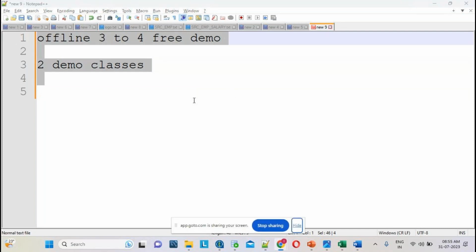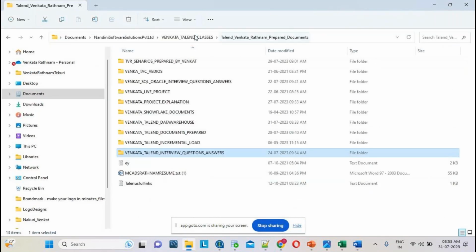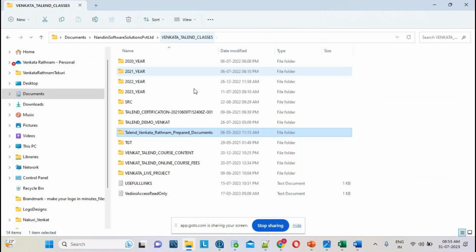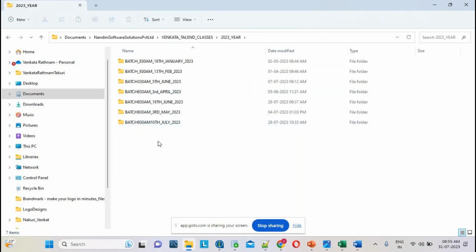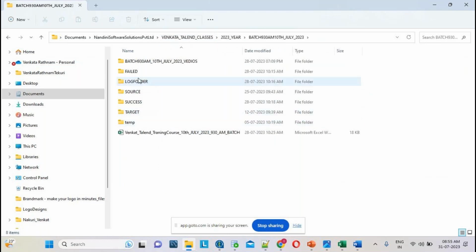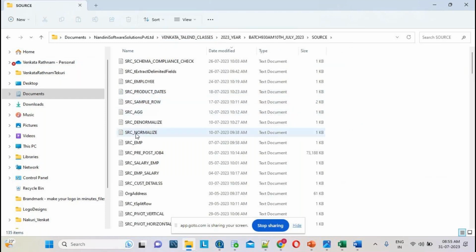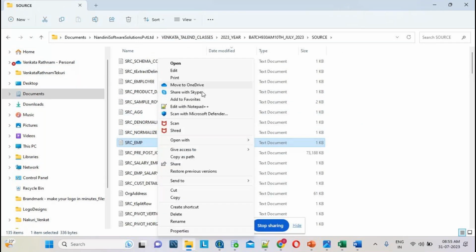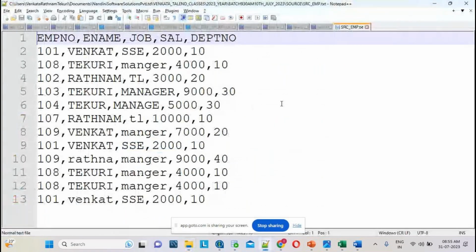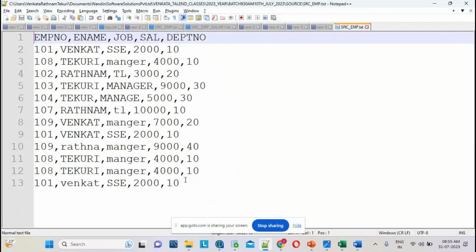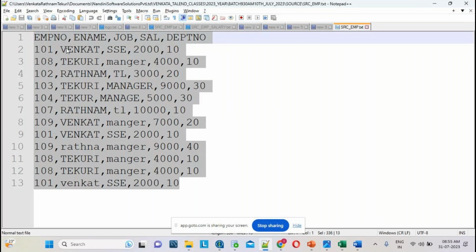Let me give some examples, then you will understand it. Okay, let me start. So assume that my customer has given some data, guys. So let me go through some scenarios. Okay, you will understand it. So assume that I have one file. Let me take this file. It is having some data, guys. So here, how many records are there in this file, team? Can somebody tell me?